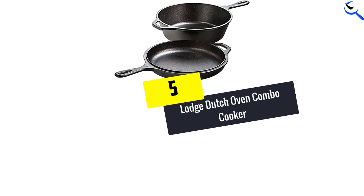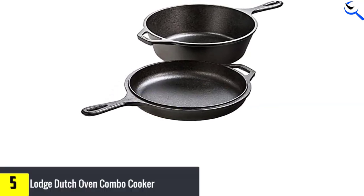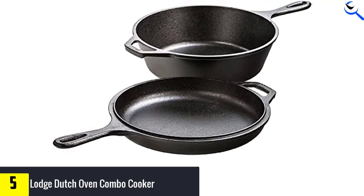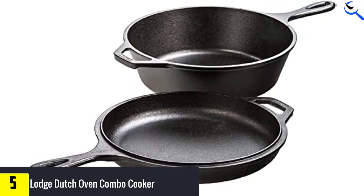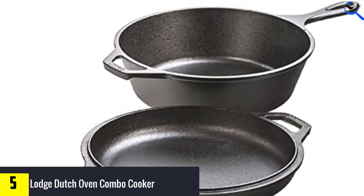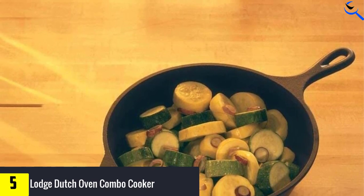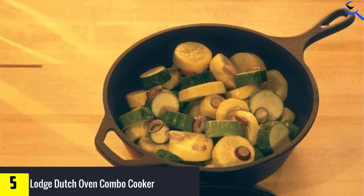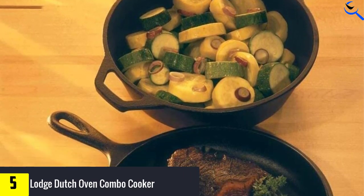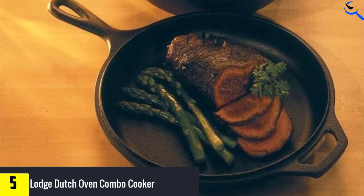Starting at number 5, we have Lodge Dutch Oven Combo Cooker. A cast iron skillet, like the Lodge Dutch Oven Combo Cooker, is undoubtedly one of the best ways to cook outside. It's heavy, but cast iron is incredibly tough, versatile, and fun to use. We love it because it disperses heat evenly for searing and frying. It takes a while to get the technique down, but once you get used to cooking in cast iron, you'll